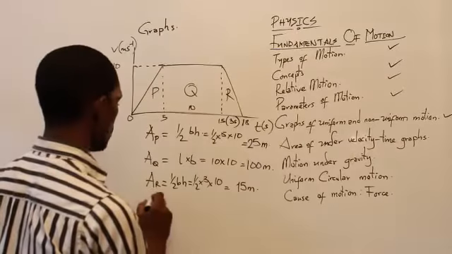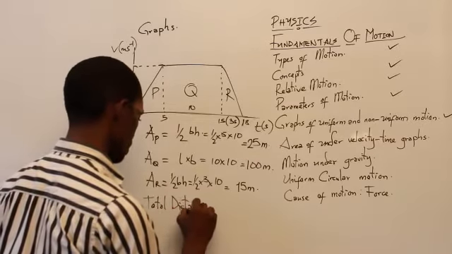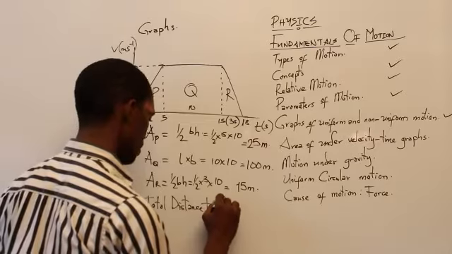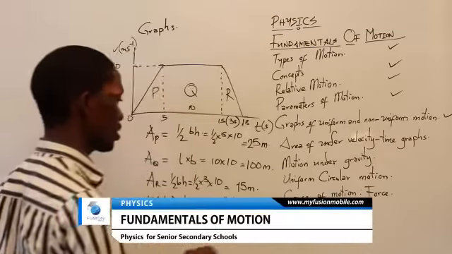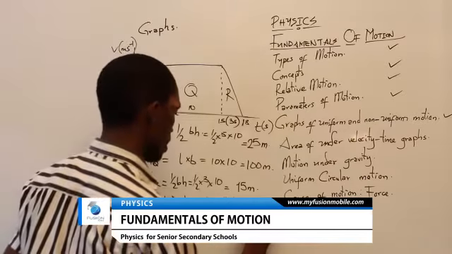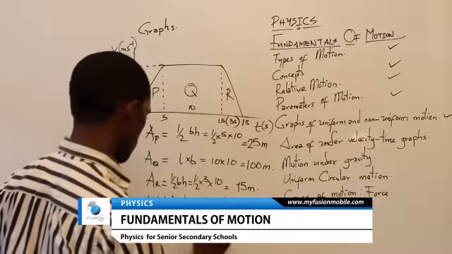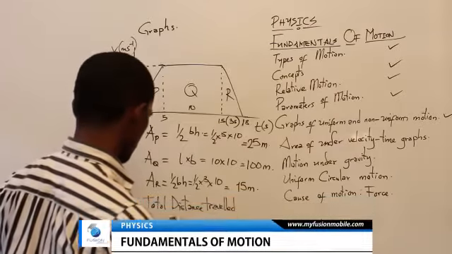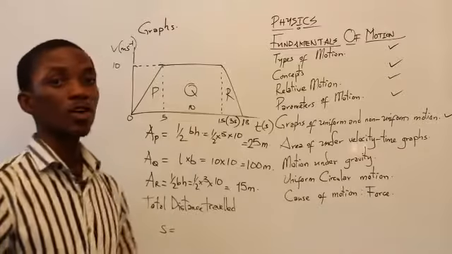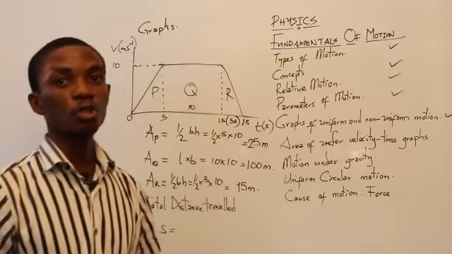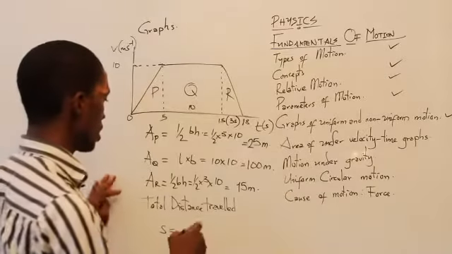So the total distance traveled in the course of the movement is given by area of P. In the course of the entire motion, that is the acceleration to the uniform motion to the deceleration, is area of P